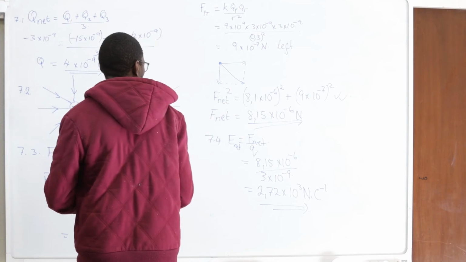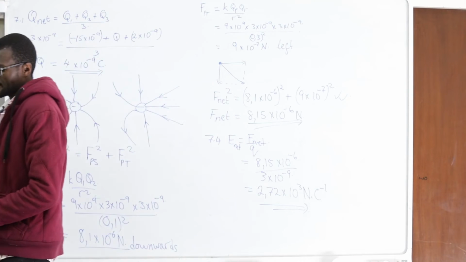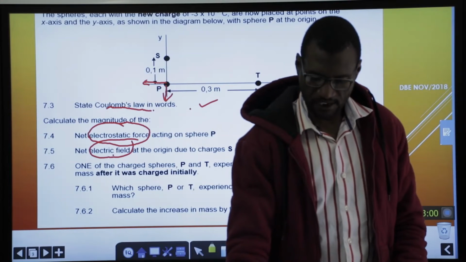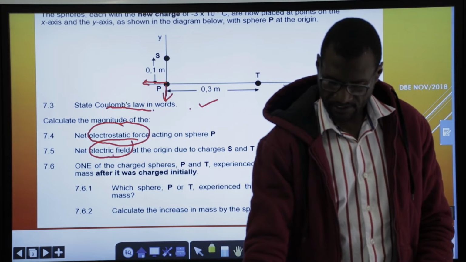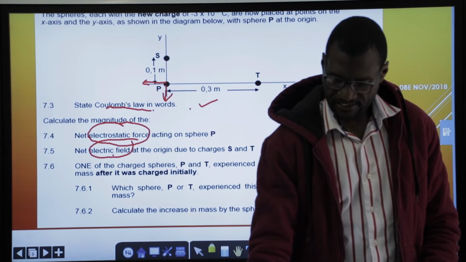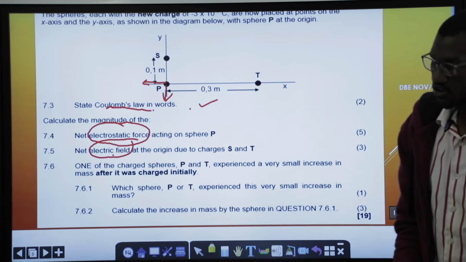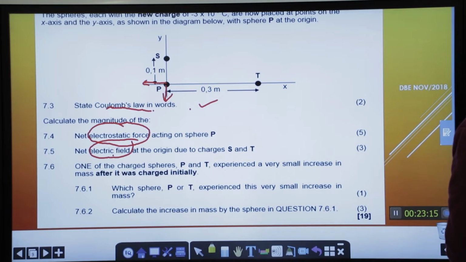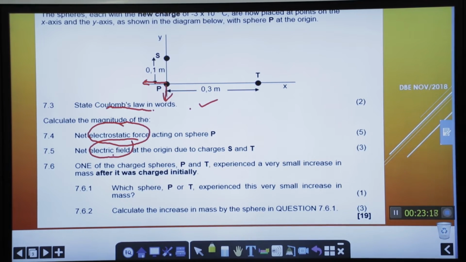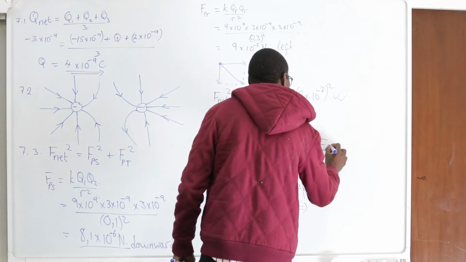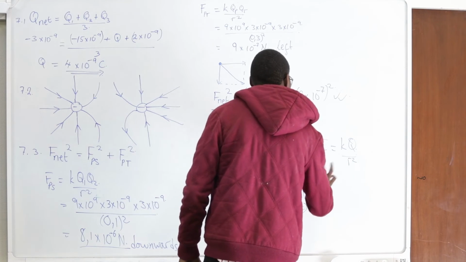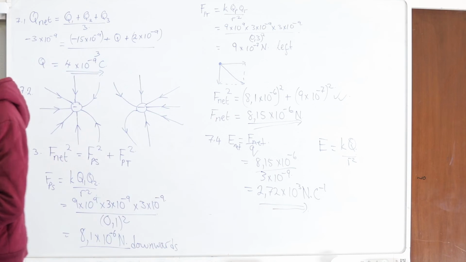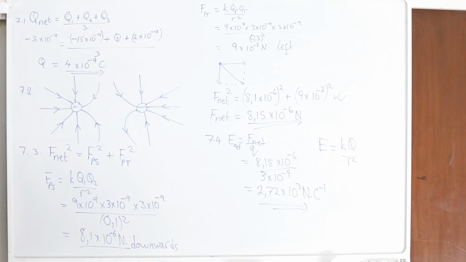You can also go the longer route of finding E net by looking at K multiplied by Q over R squared. You should be coming up with the same answer as I did here, which is 2,7 times 10 to the power 3. Try it and see if you come up with the same answer. E is equal to K, Q over R squared. Consider K as 9 times 10 to the power of 9 multiplied by 3 times 10 to the power of 3, and then either use